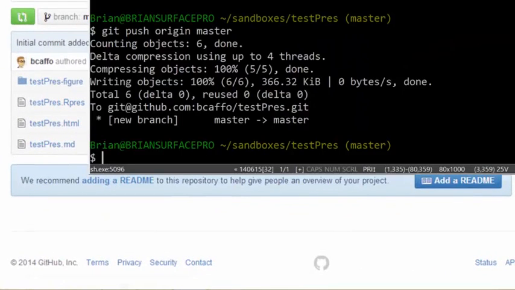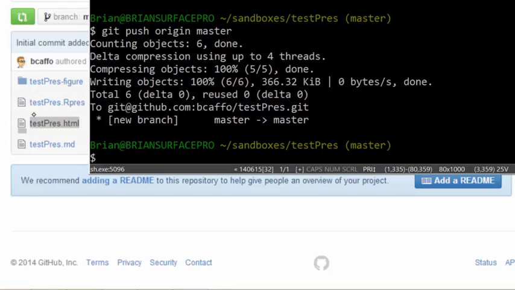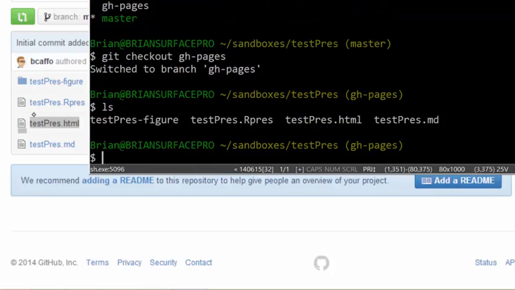Now I'd like to have this presentation be so that I can actually view the HTML page on GitHub where GitHub is doing the website hosting. So I want to create a branch called gh-pages. So git branch, checkout, there it is. I want to push this branch